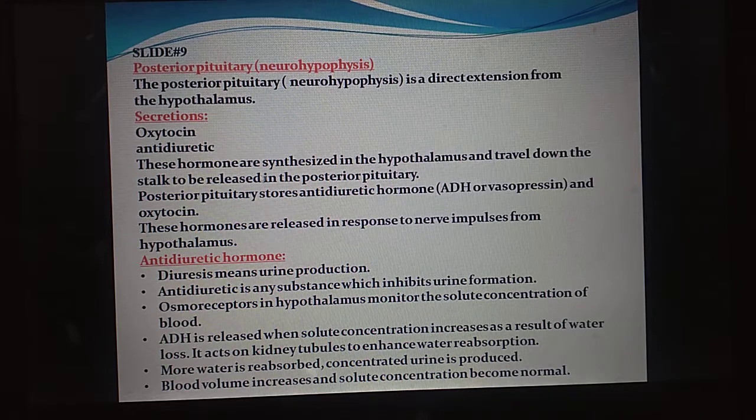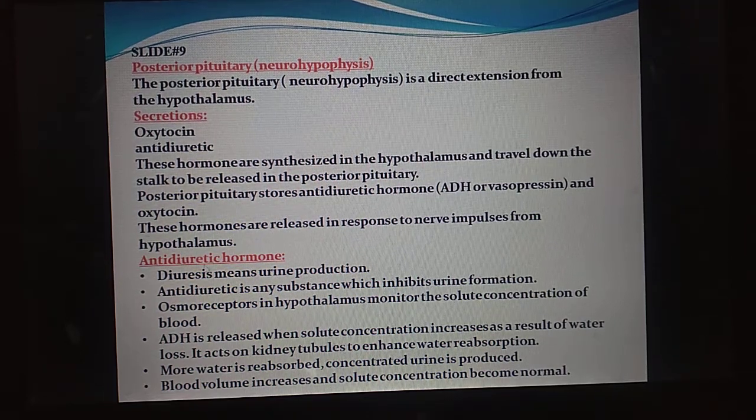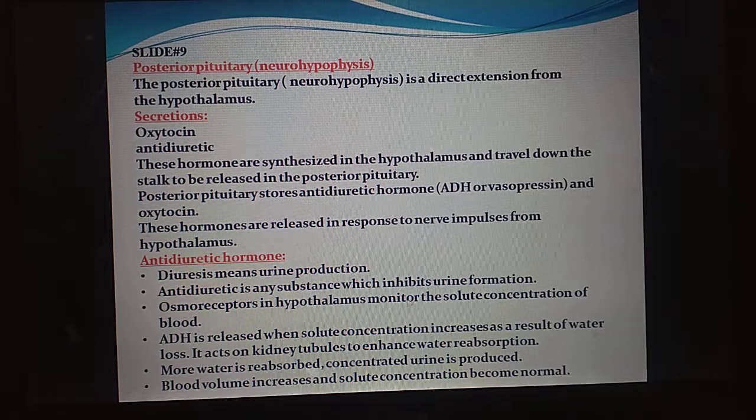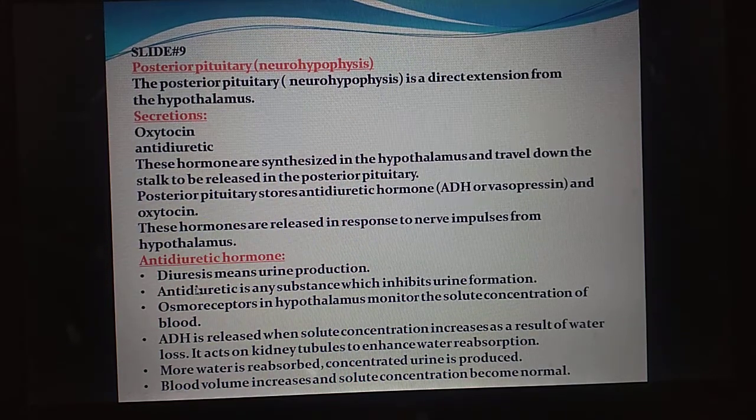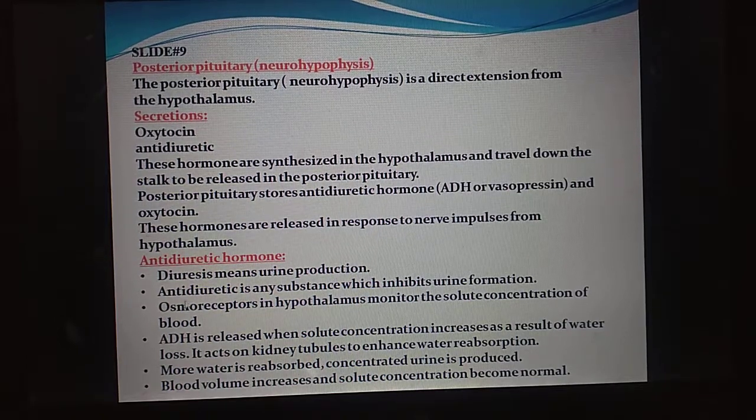These hormones are synthesized in the hypothalamus and travel down the stalk to be released in the posterior pituitary, or neurohypophysis. The posterior pituitary stores antidiuretic hormone, that is ADH or vasopressin, and oxytocin. These hormones are released in response to nerve impulses from the hypothalamus. Now, first of all, diuresis means urine production, so antidiuretic hormone